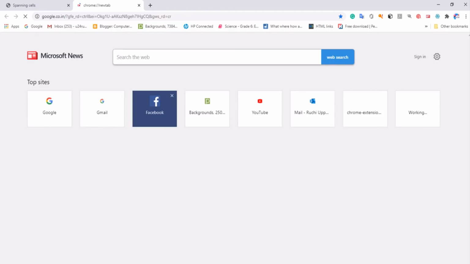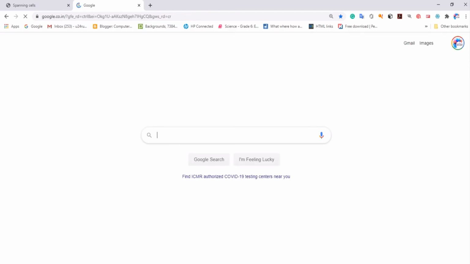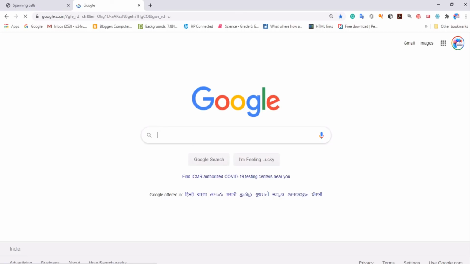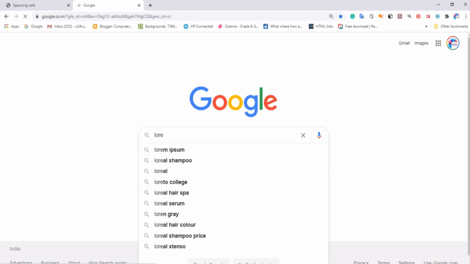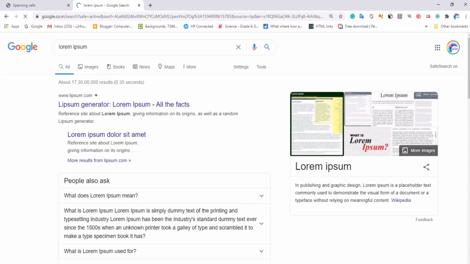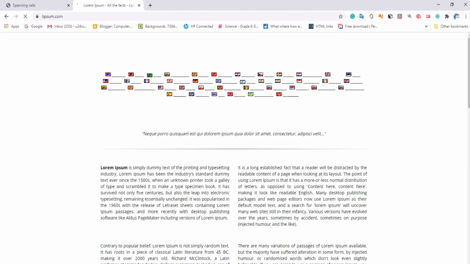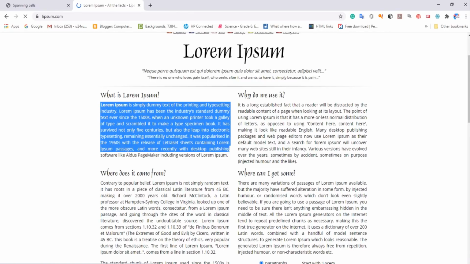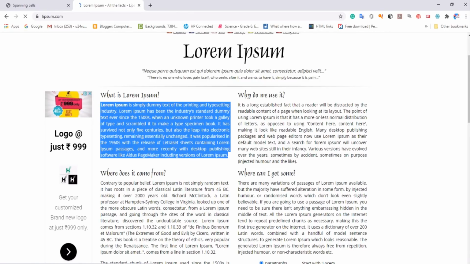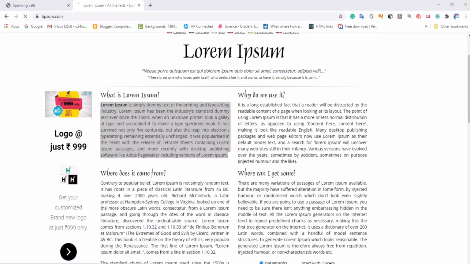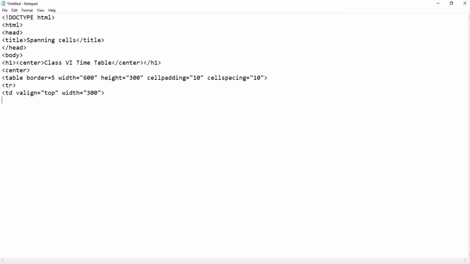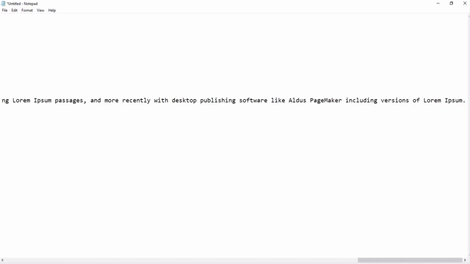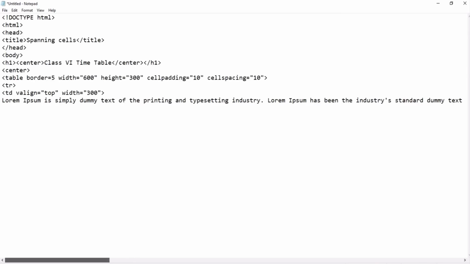I have to take the data. Let me search. There is one site for dummy data, Lorem Ipsum. It gives us the dummy data. So I will simply copy it. Control V. Oh my goodness.